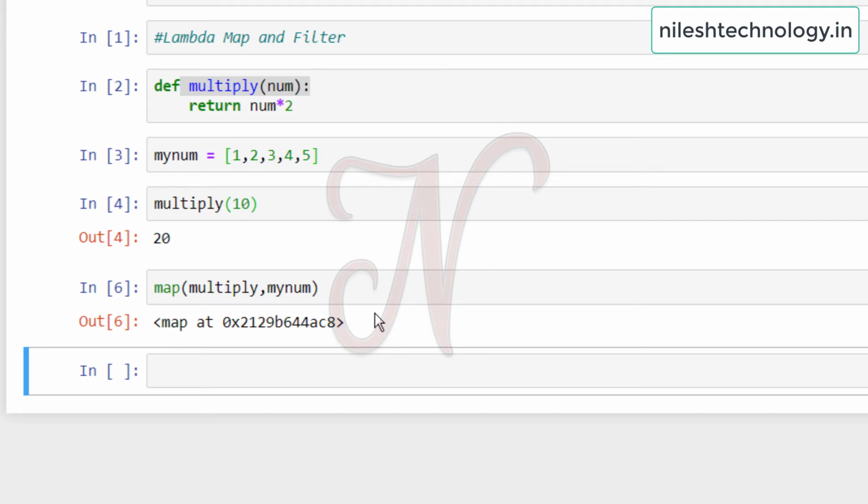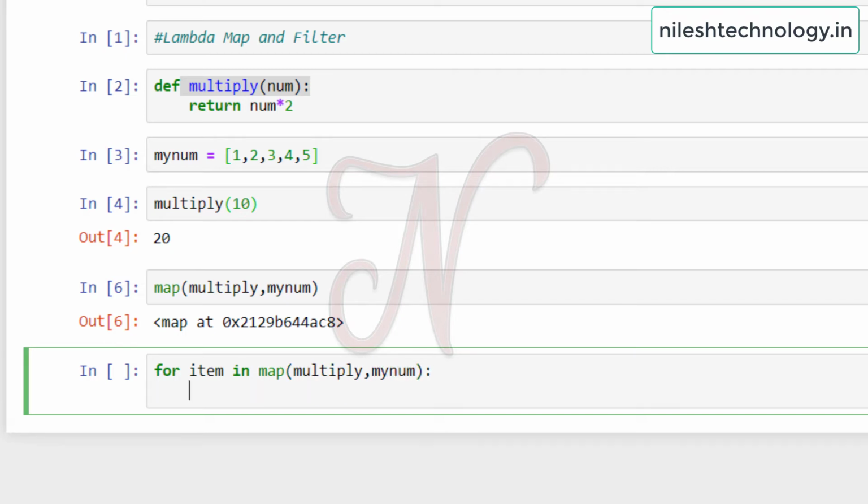Okay, see here, this is the memory location where my map is stored. But if you want to print the numbers one by one on your output screen, then by using the for loop, for item in map multiply comma my num, and here print my item.